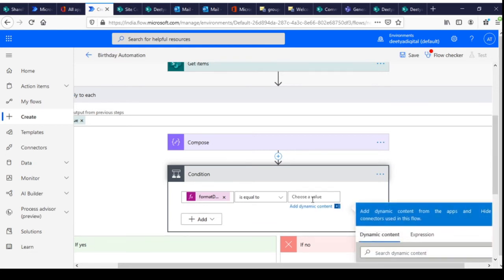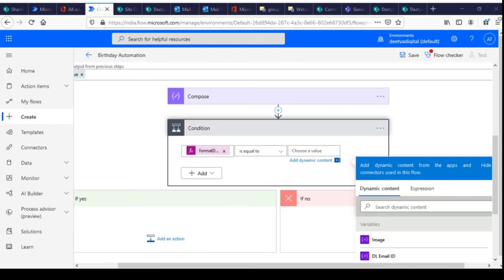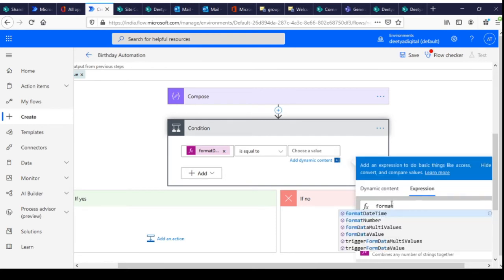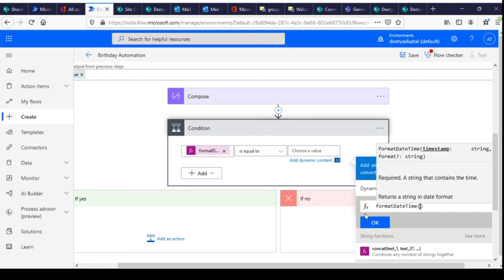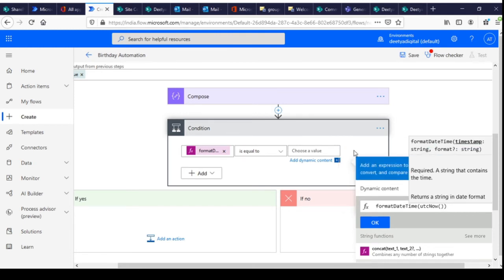So now is equal to, sorry, I need to type it in expression, format date time. For today's date, the function we are going to use is utcNow. This will return today's date and time, the current date and time, sorry.